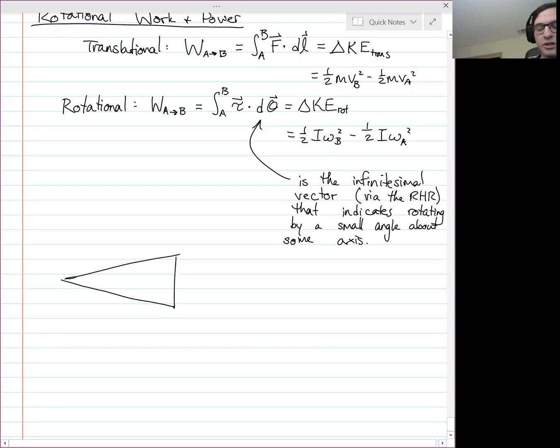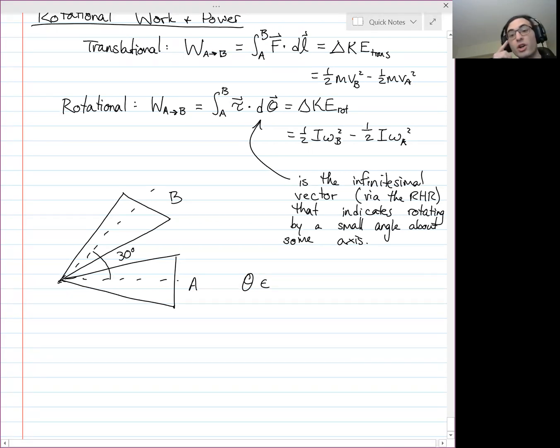Maybe this is your A configuration, and your B configuration looks like this. Your theta ranges from 0 to 30 degrees, but the vector